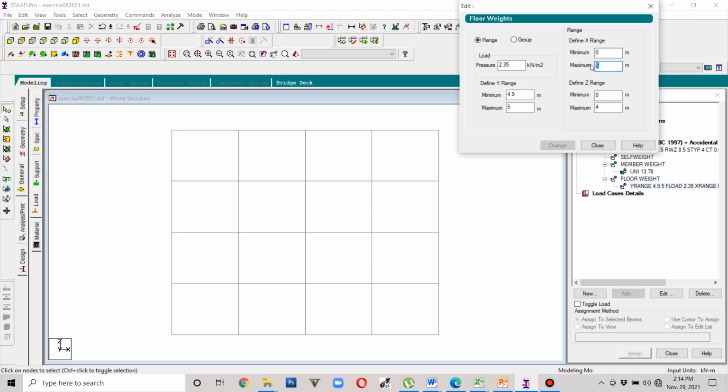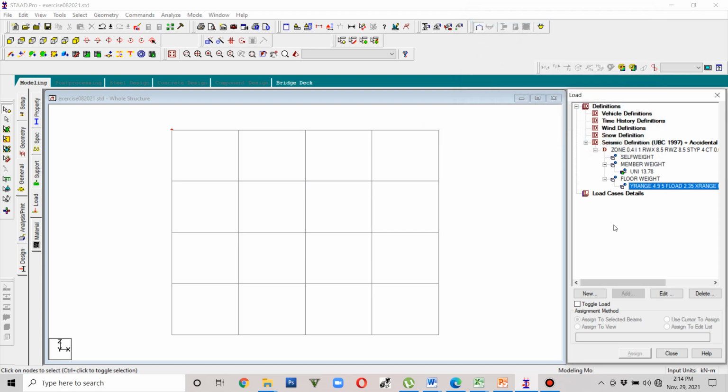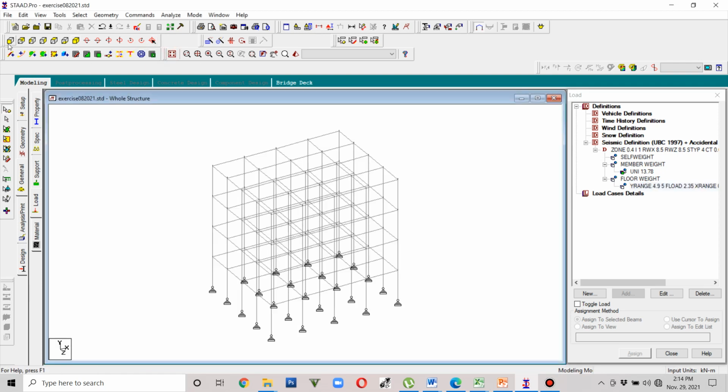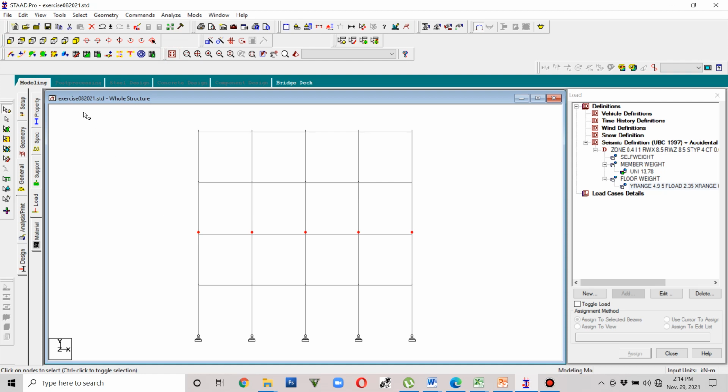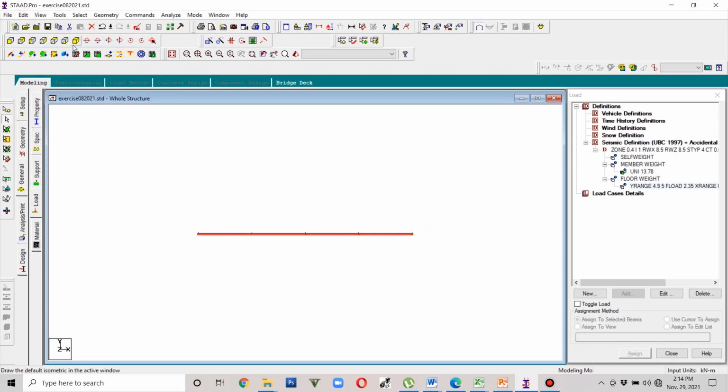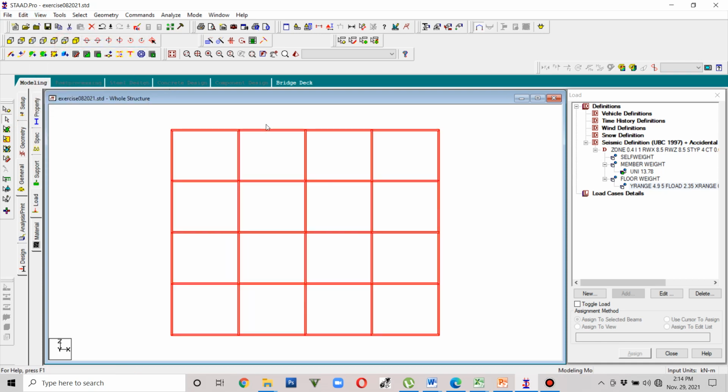So x range is from 0 to 20, and then the z range will have 0 to 16. Yeah, 0 to 16. So we just change that one, then close. So we now proceed to the other floors. Say view selected objects only. So we have that one. Again,